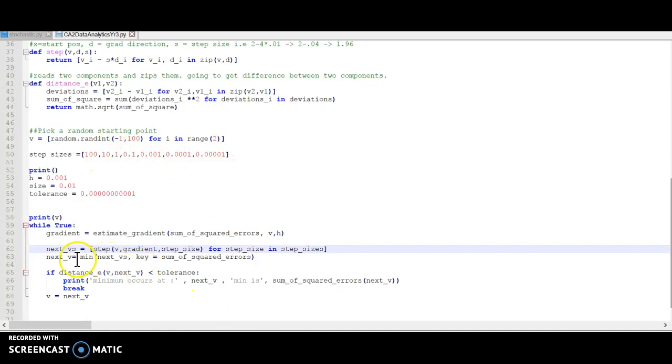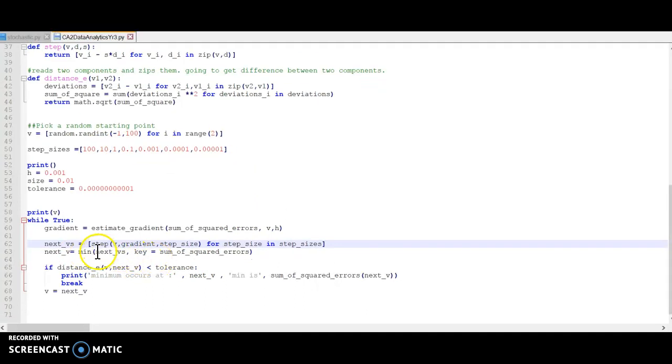Then we're setting our next v to the minimum of the next vs, and our key is our sum of squared errors. Then we're saying if the distance function, which is our function here, where we're passing in our two lists, our random point and our next v, which is the minimum of the next vs after taking the step in the direction minus the gradient, is less than our tolerance, which is this number here,